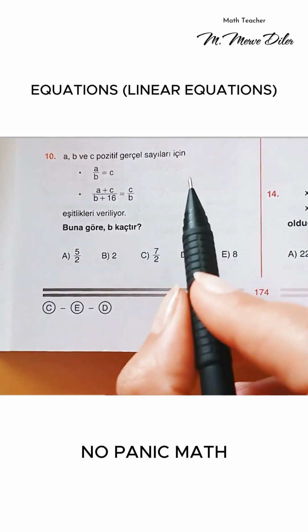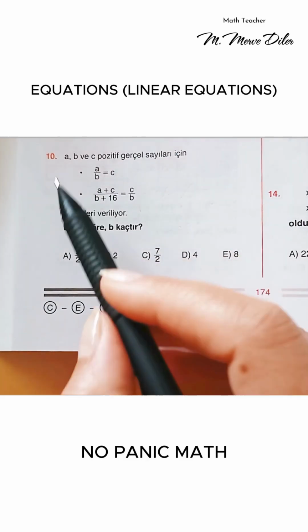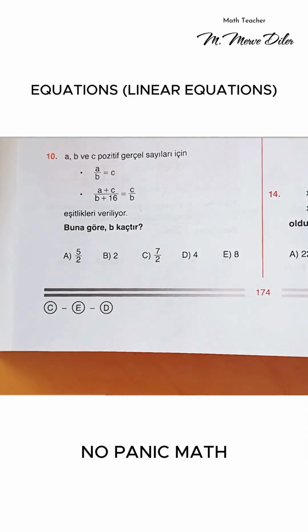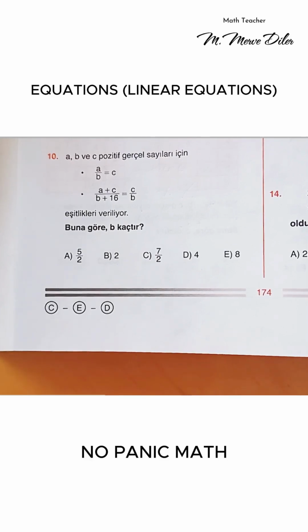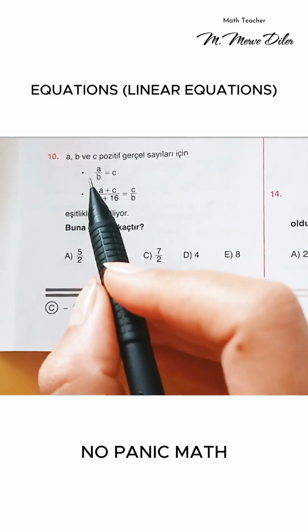Hello, guys. For positive real numbers a, b, and c, we've been given two equalities like this. And they're asking us for the value of b. Okay. Now, dear friends, I'm going to start right away with the first equation, because I want to get rid